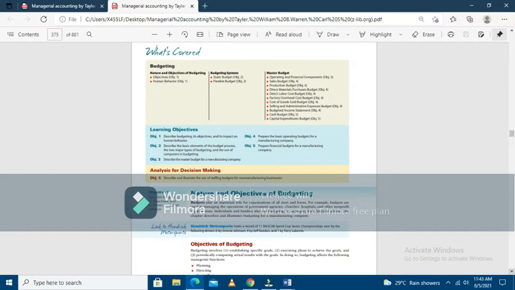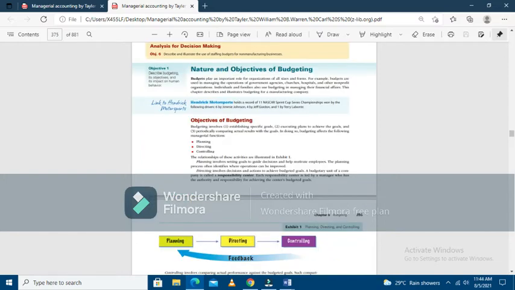Why is the orientation leaning more towards manufacturing companies? Because they are the ones that really require budgets before proceeding to operations. Other types of businesses such as merchandising and service do not usually require an extensive or intensive budget preparation. For merchandising, whatever funds are available will only be used for purchasing items. The same is true with service: whatever funds are available are the only resources you can use. Unlike manufacturing, where you need to plan even the purchase of raw materials, placing into production, and other items.